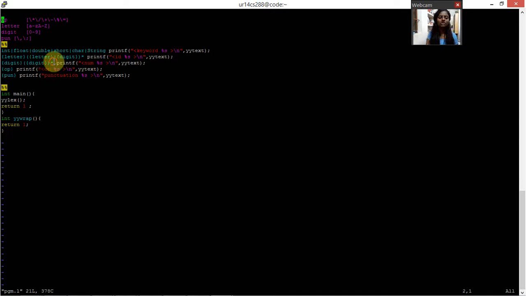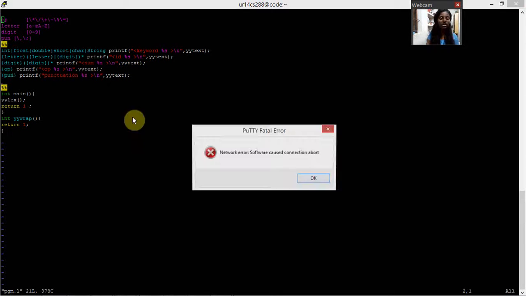Then the third is to check if it is a number. The number should always start with a digit, and then n number of digits is possible. That's why digit is inside the brackets, curly bracket, and then I've given this closure to say that n number of digits is possible. And if this is the condition, I'll print NUM, then the data type, and then the yytext, and then finally it is